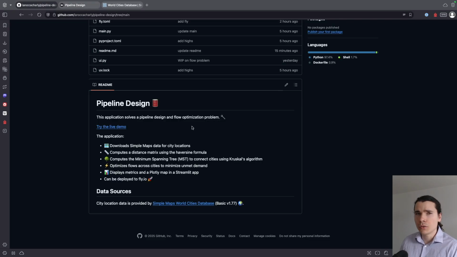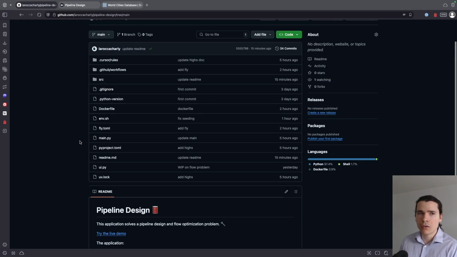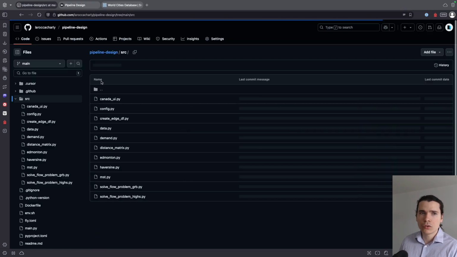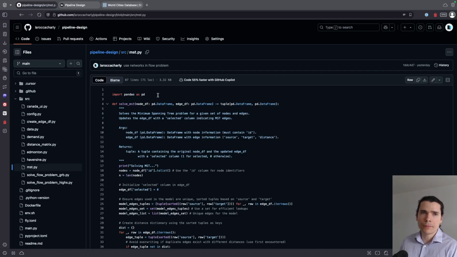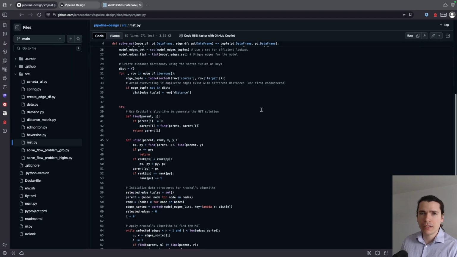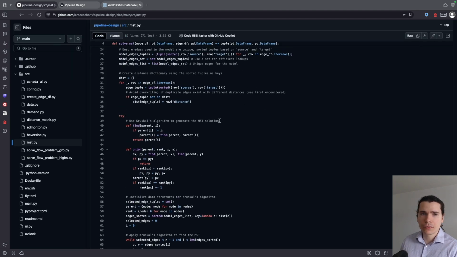I'll go over the code a little bit to give you an idea how I built it. In source, the first thing to note that is important is the mst.py. In this file, this is where we optimize the network itself, and we use